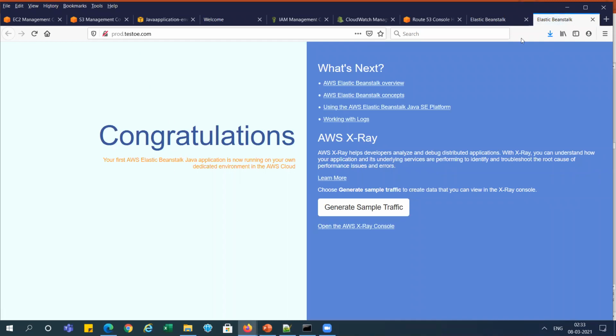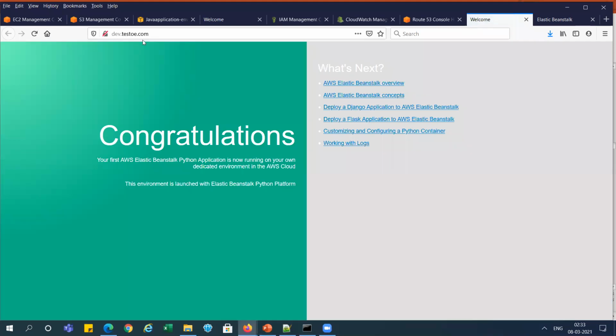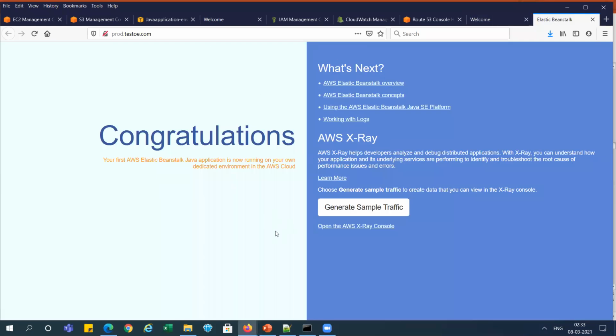Deployment is done in just a single click. And here you can see in the dev it is showing the Java. Just refresh it. It is changed to the Python application. So we have changed the application between the dev and production, because our new changes have been deployed to the production, right? So this is the swapping we have done.